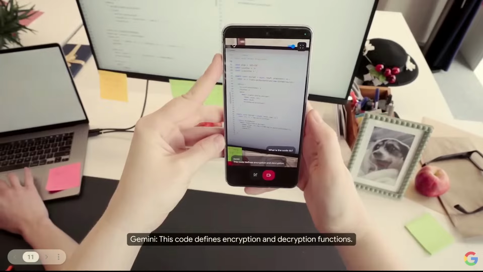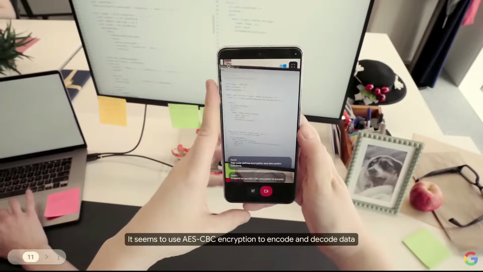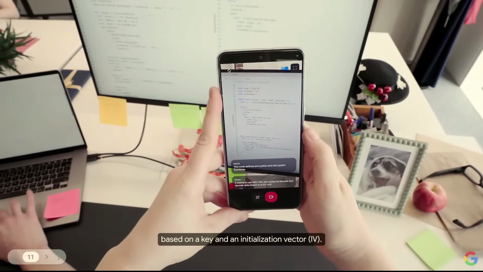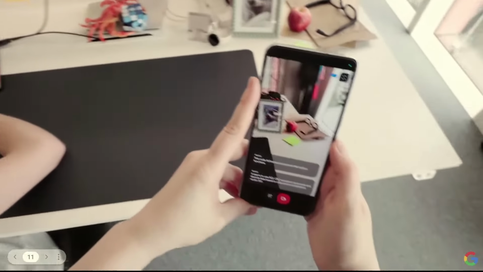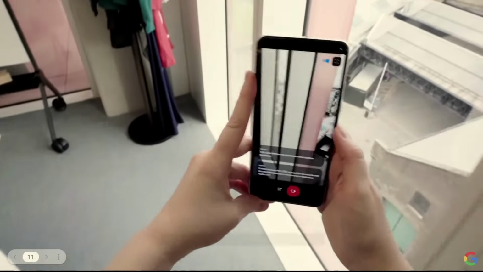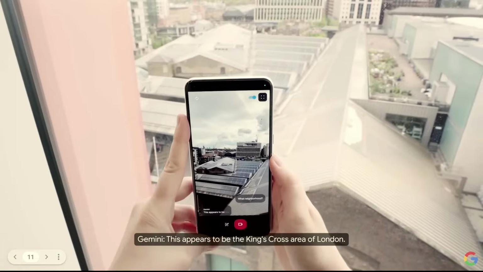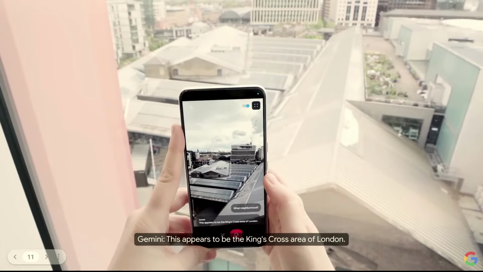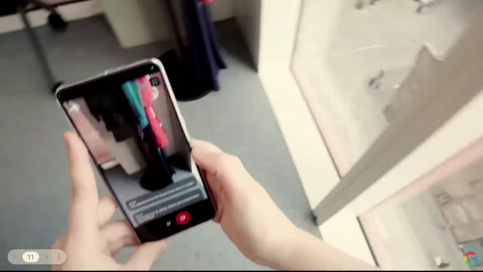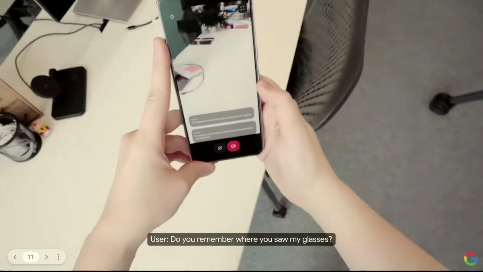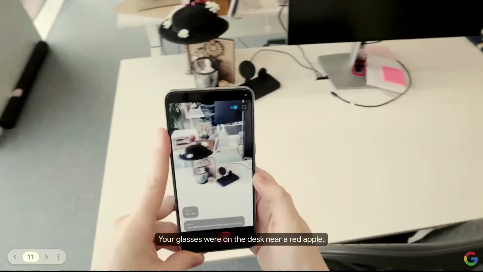This code defines encryption and decryption functions. It seems to use AES-CBC encryption to encode and decode data based on a key and an initialization vector, IV. That's right. What neighborhood do you think I'm in? This appears to be the King's Cross area of London. It is known for its railway station and transportation connections. Do you remember where you saw my glasses? Yes, I do. Your glasses were on the desk near a red apple.